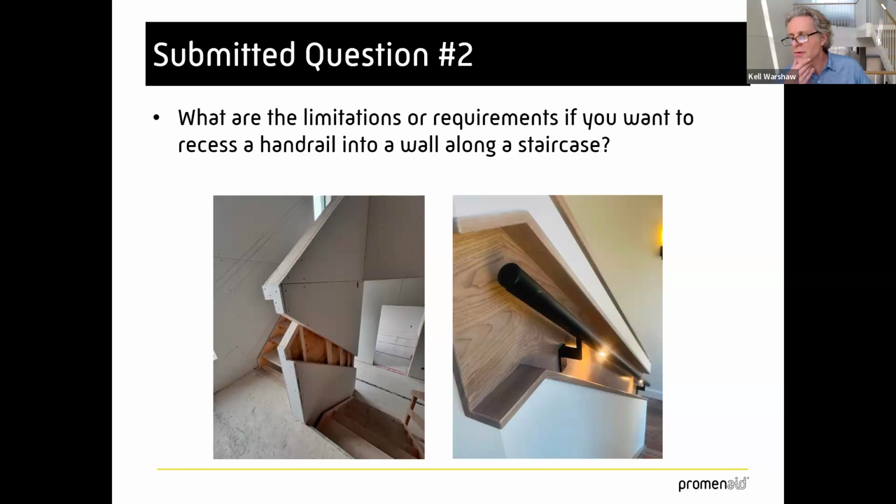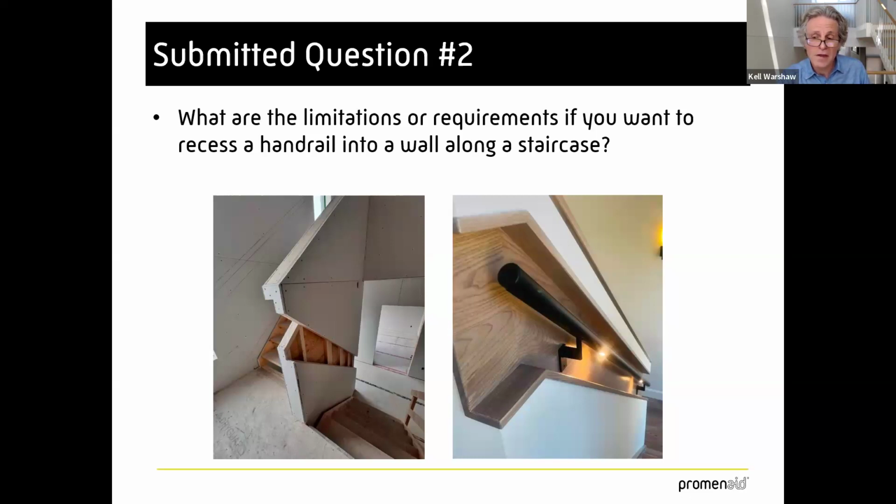Yeah, so no issues with the recessed handrail as far as the code. Obviously more difficult to do, but the code requires a certain amount of space above. It doesn't require any space below the handrail. It just needs that passage for the hands of 2.5 inches clear, which is what our bracket provides. So if you can fit the bracket and you can fit the handrail in the cove, then you've got a code